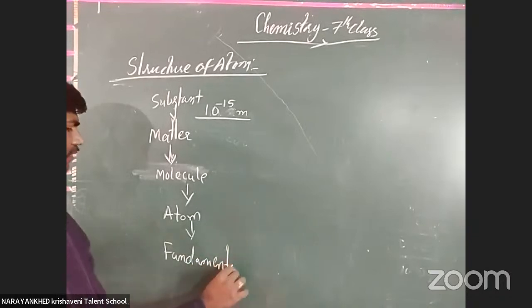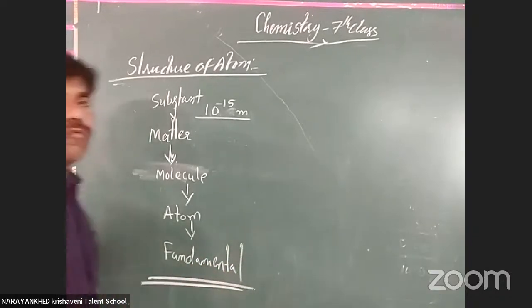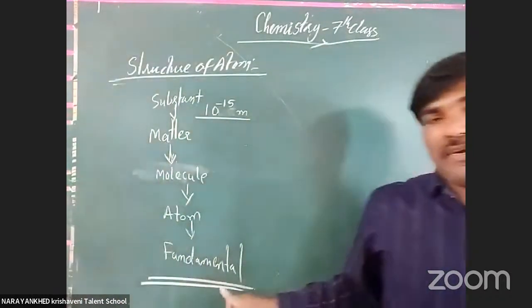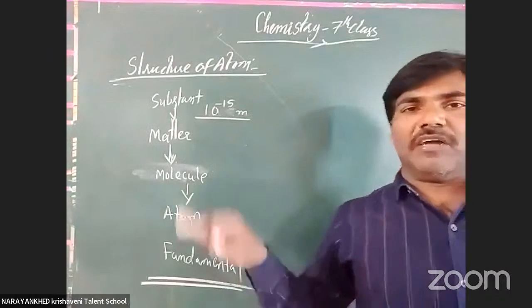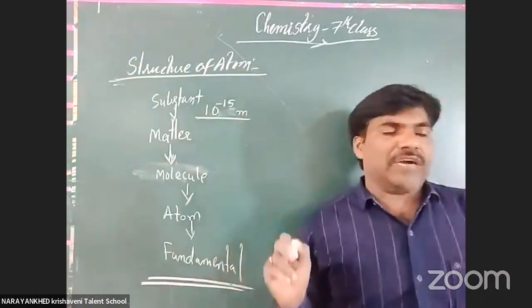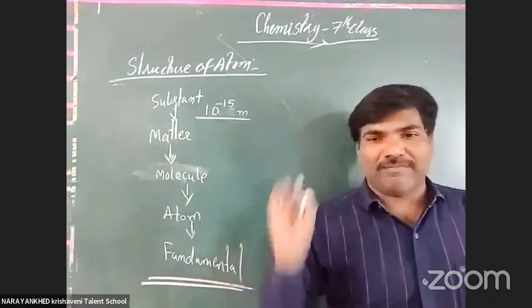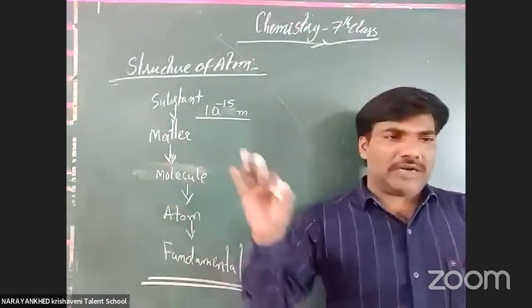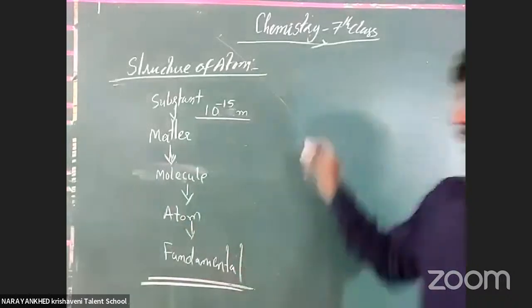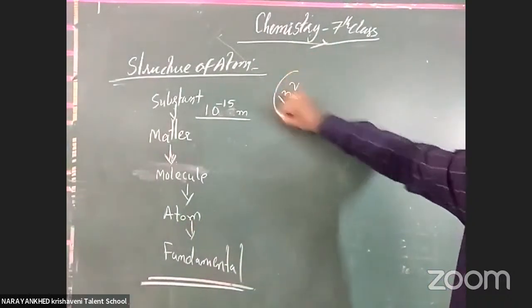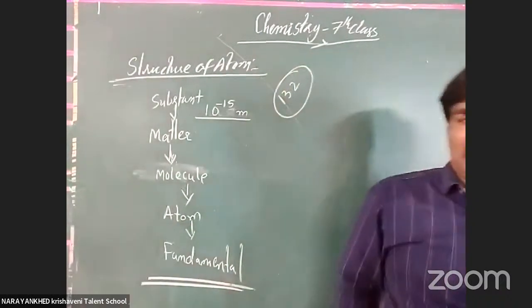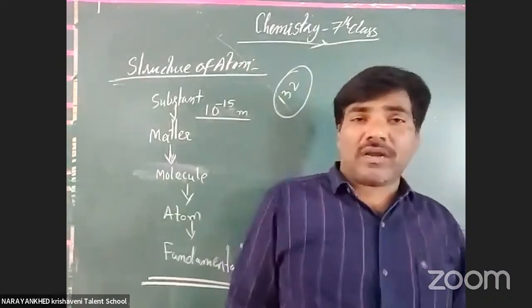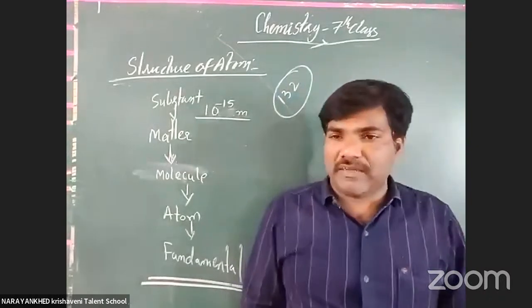Whatever physical substance is there, it starts from these fundamental particles. The fundamental particles inside our atom are mainly considered as 3, but not only 3 particles are contained inside the atom. Totally how many are there? 132 elementary particles are there. How many particles are there inside the atom? 132 elementary particles.